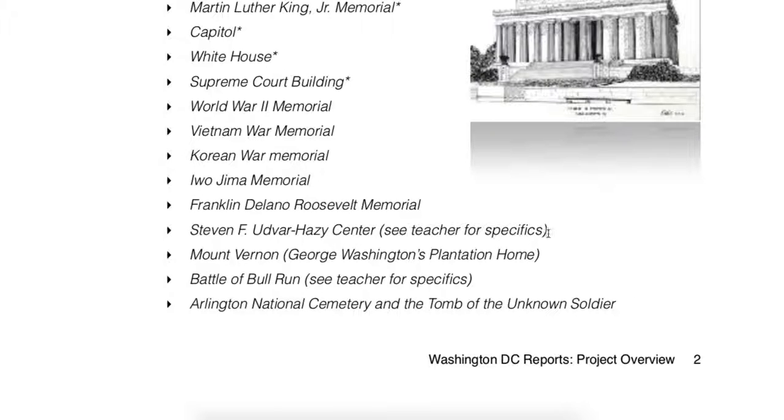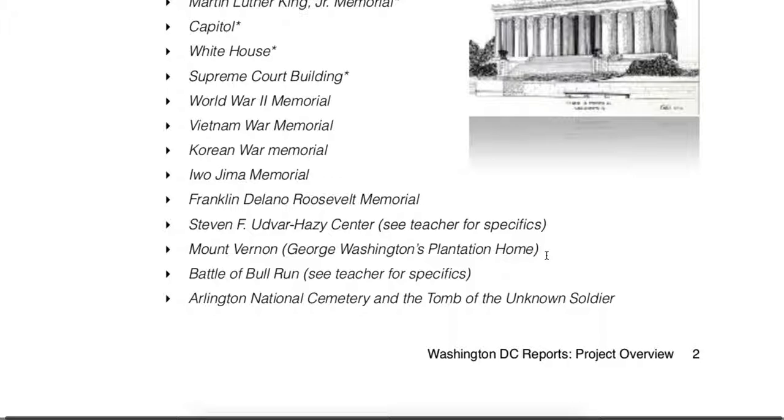This is the one report where we're going to work together to find sources. I don't have them ready-made because students pick aircrafts out of the whole museum and can go down many different lines of thinking and writing. Mount Vernon is probably the most difficult of the choice reports that you can choose from. It's a challenge, and that's just because of the nature of the content. Battle of Bull Run's first battle of the Civil War, and we go to the Battle of Bull Run, which is in Manassas, Virginia, and then Arlington National Cemetery and the Tomb of the Unknown Soldier.